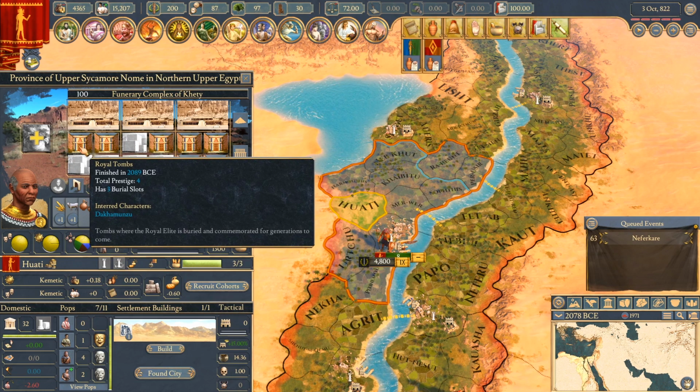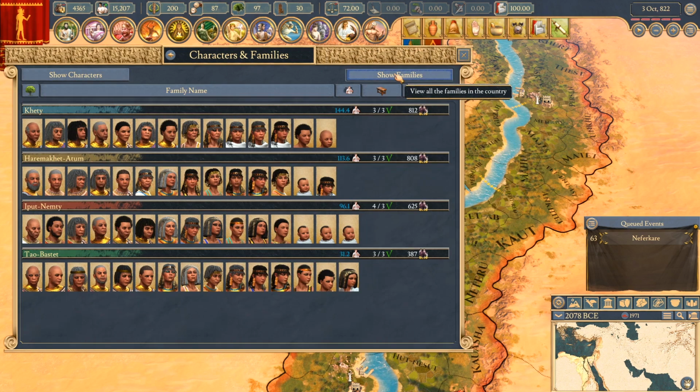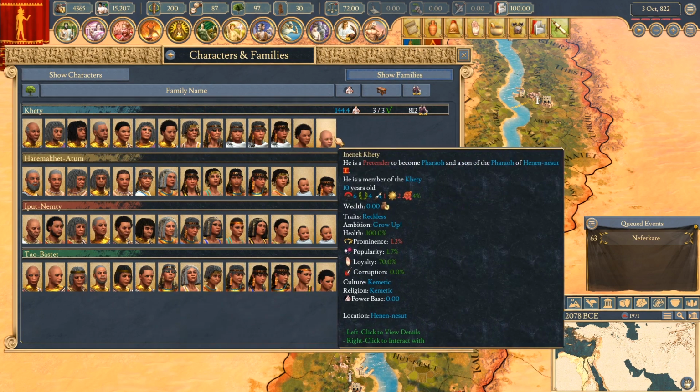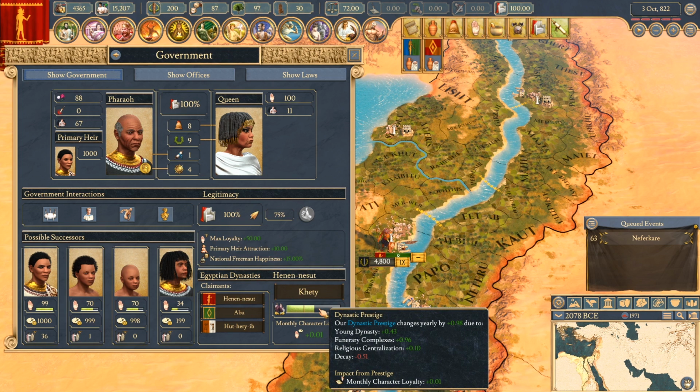Now once that is done, your tomb is then built and it'll house 3 dead. Now unlike the royal tombs of the non-Egyptians, the royal tombs in the funerary complex take in everyone from the royal family that dies, not just the ruler, and they're interred automatically rather than it being something that you have to pay for. For Egypt, this raises your dynastic prestige, which is a unique to Egypt feature, basically something that